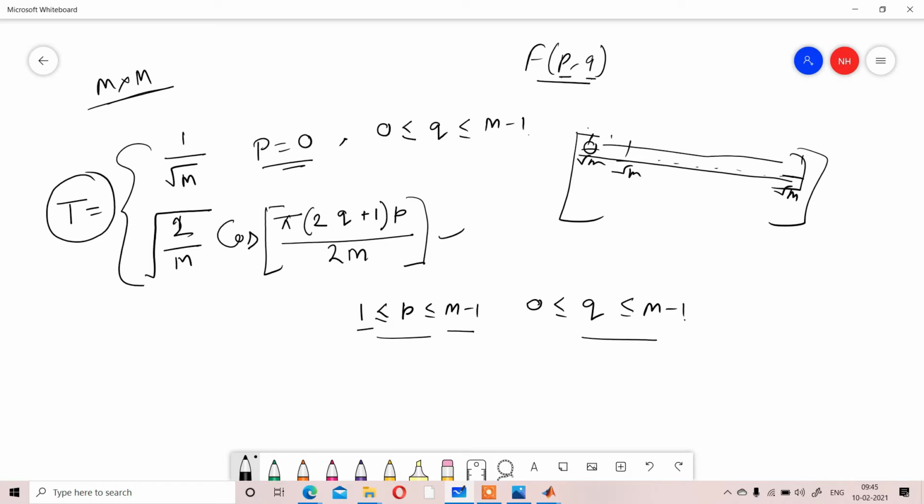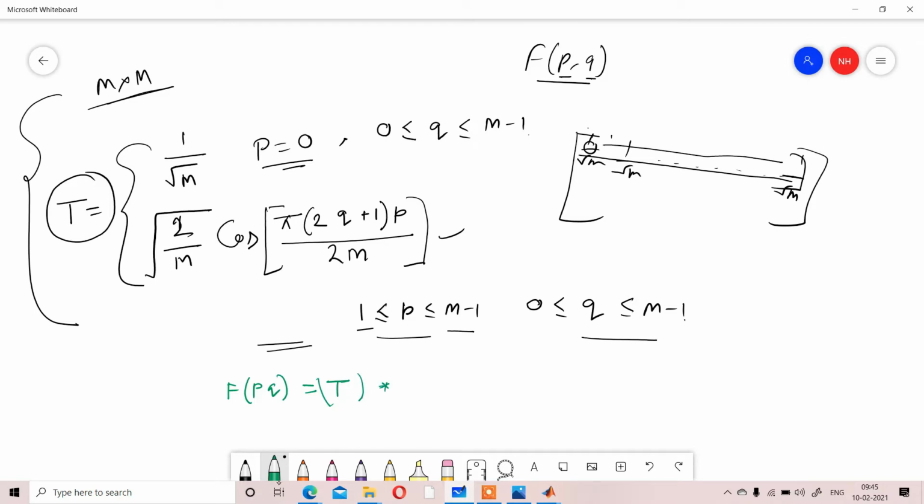So that is your transformation matrix. Depending on that matrix, you can do your discrete cosine transform, and then what you will get is F(p,q)